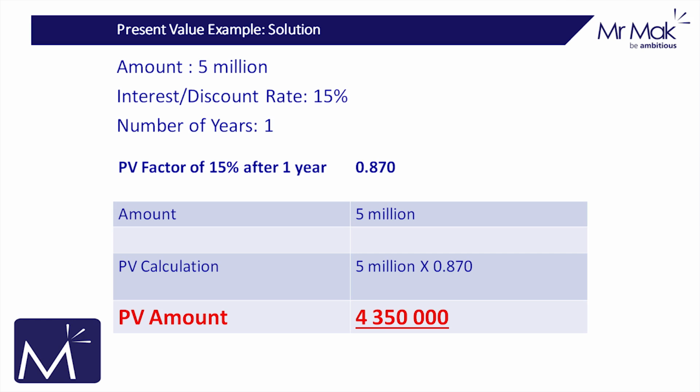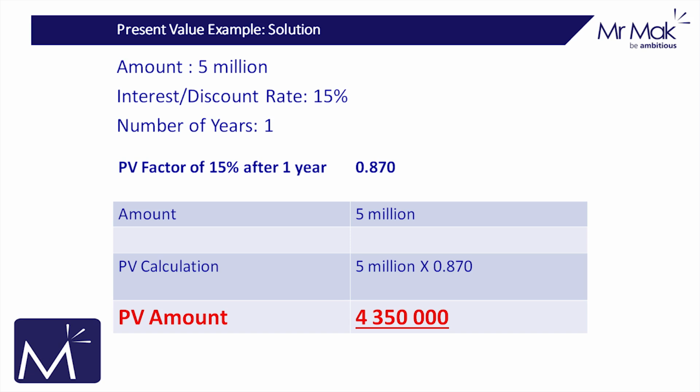Go to your present value tables and you're going to see that on one of the axes is an interest rate. Go to 15% interest. Go on to the other axis and you're going to see there's a number of years. Go to 1 year. Where the 1 year and the 15% interest rate intersect, you're going to see a present value factor of